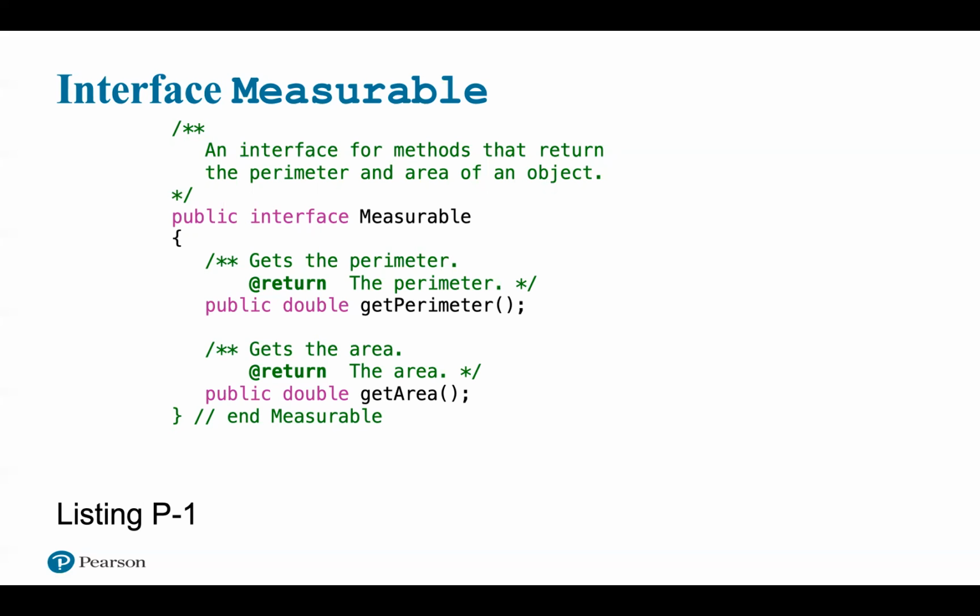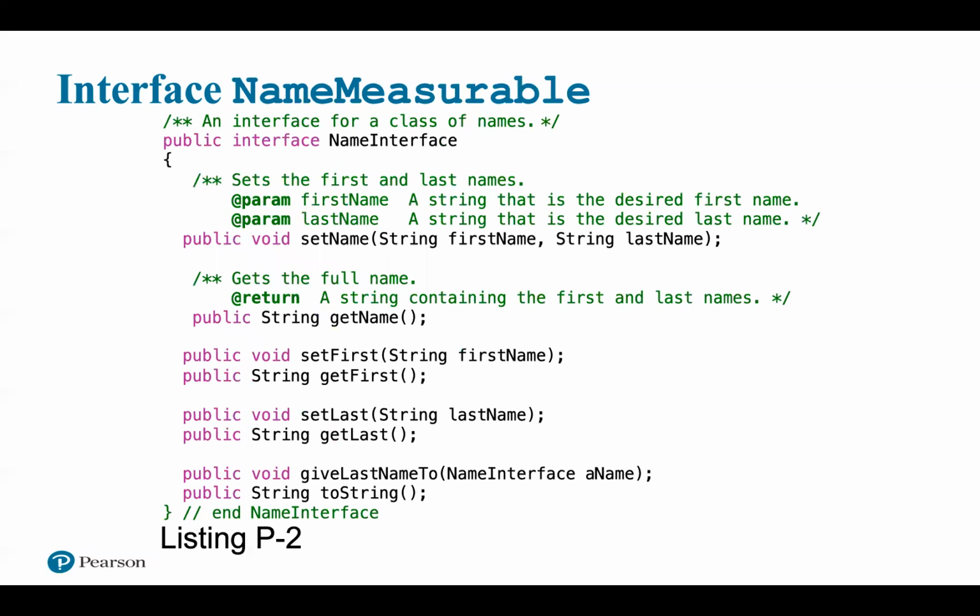So this is the interface for Measurable. And now we have an interface for Measurable. In this situation, imagine objects such as circles, squares, or plots of land that have both a perimeter and an area. Suppose we want the classes of these objects to have get methods that return these quantities, and if various programmers implement these classes, they likely would not name or specify these get methods in the same way. To ensure that these classes define our methods in a uniform way, we rewrite the Java interface as shown here,